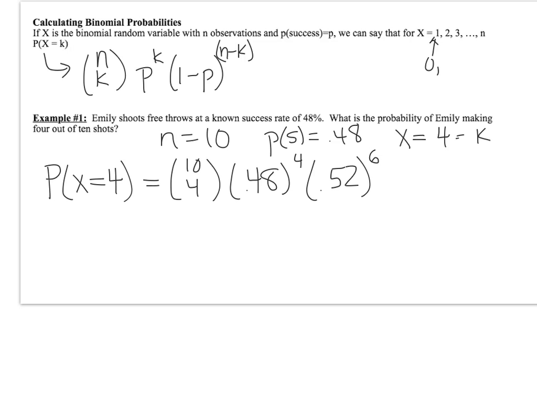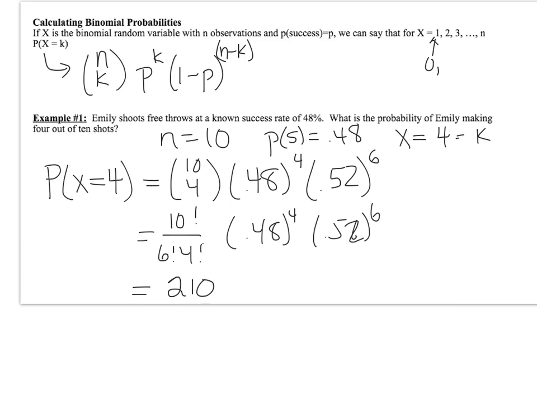ways of failing. To do this out, we have to look at the binomial coefficient here of 10 factorial over 6 factorial times 4 factorial. There's the number of combinations, and then we're just going to throw this in our calculator in a second anyway. We'll keep these decimals to where they are. In terms of 10 factorial over 6 factorial times 4 factorial, you can do it out. Maybe you remember on your calculator how to do it. If not, it would be a great day to search how to do factorials on your calculator. That 10 factorial divided by 6 factorial times 4 factorial ends up being 210. There are 210 different ways to arrange these outcomes of successes and failures, times 0.48 to the 4th, times 0.52